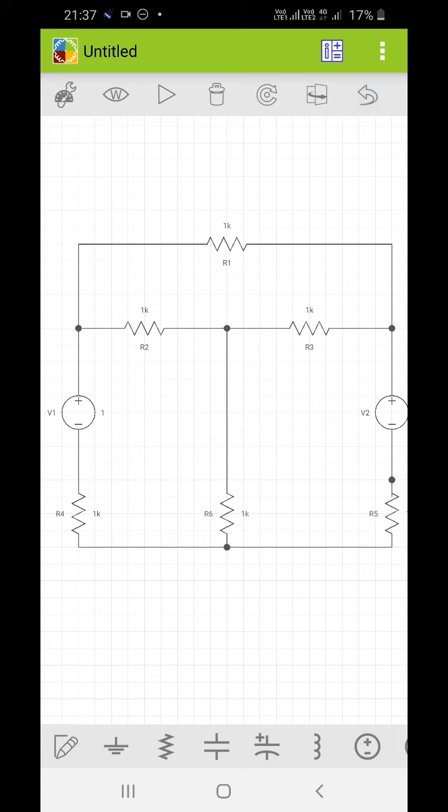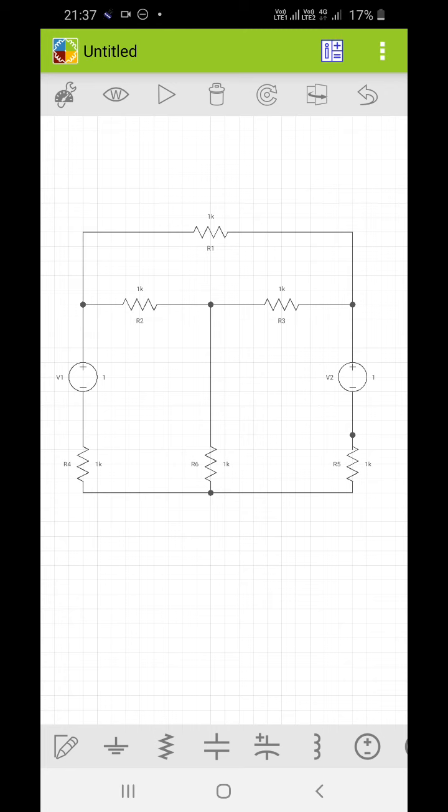Now I will change the values of the resistances according to the requirement. So first of all, always remember to give ground to your circuit, otherwise your simulation will not work.